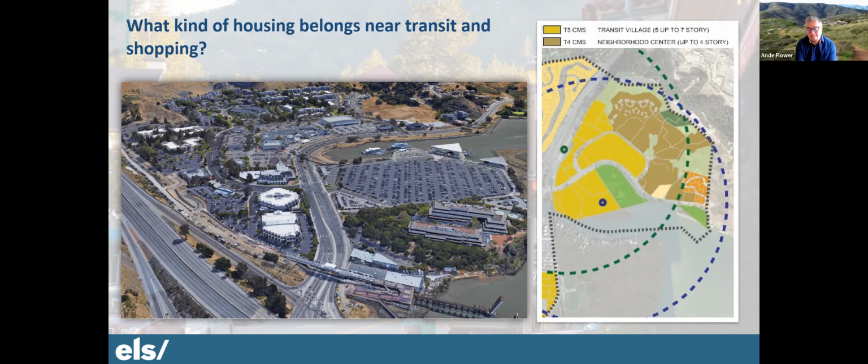Let's flip the script on that a little bit and recognize that right now state law enables developers to build a lot of things that don't require discretion at all. The only rules we can use are objective development standards. I understand that. So we're protecting the city by recognizing the full density bonus capacity that might be possible with development. So we're creating a safety net. That's part of what we're doing here.